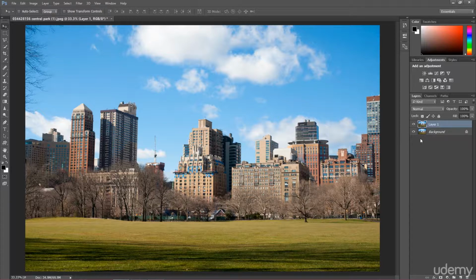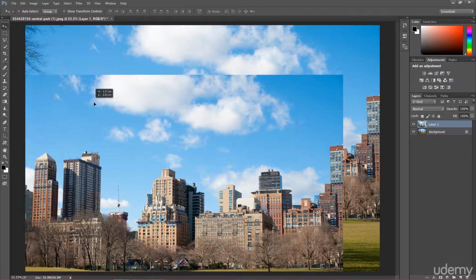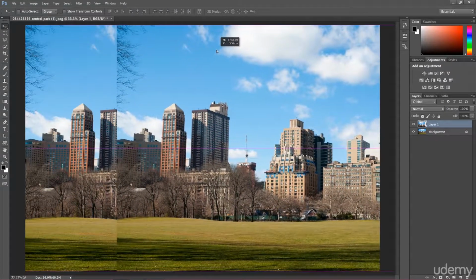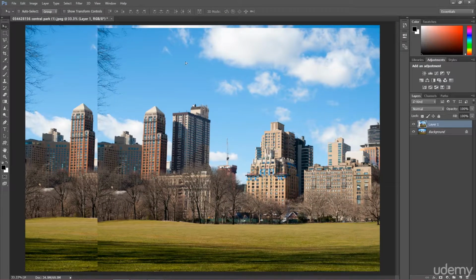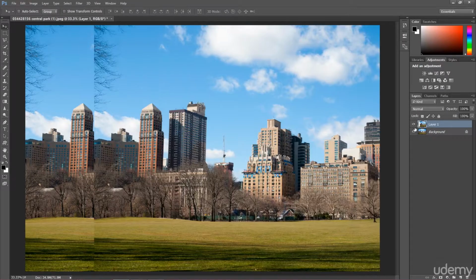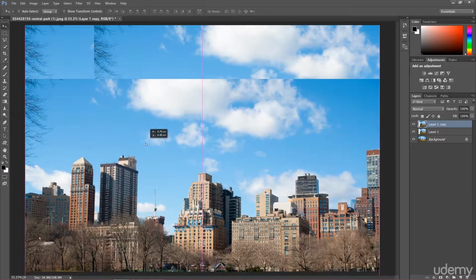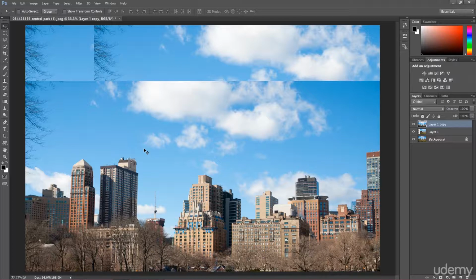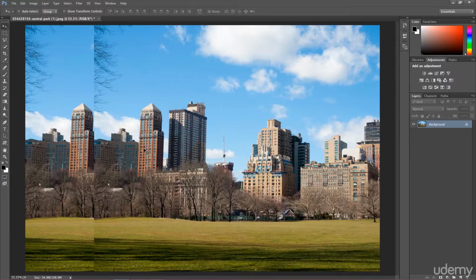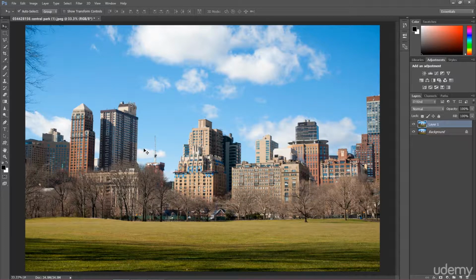You can see the difference when I choose the Move tool, which is on the top here, a very basic tool. When I move this, you can see this is the layer. Right now it's not the same because I moved this layer, so it's in a bit different place. I can also duplicate this layer once again and create a third layer, and I can move this over here. So right now I have three layers in my project. I'm going to remove this and duplicate this layer once again.